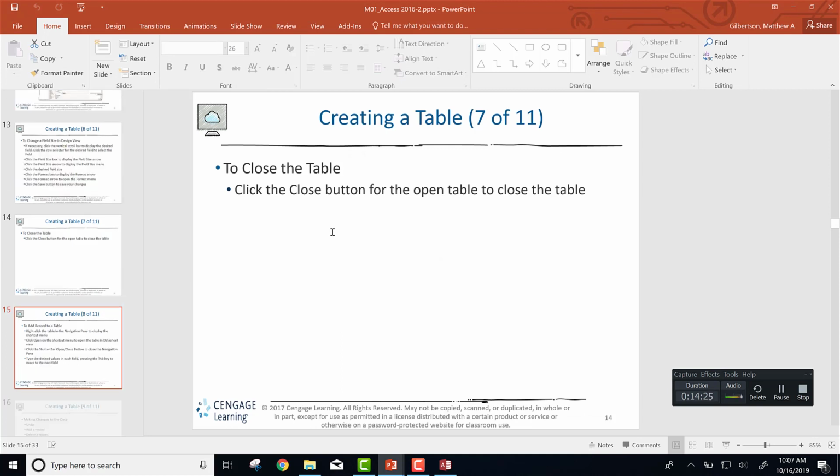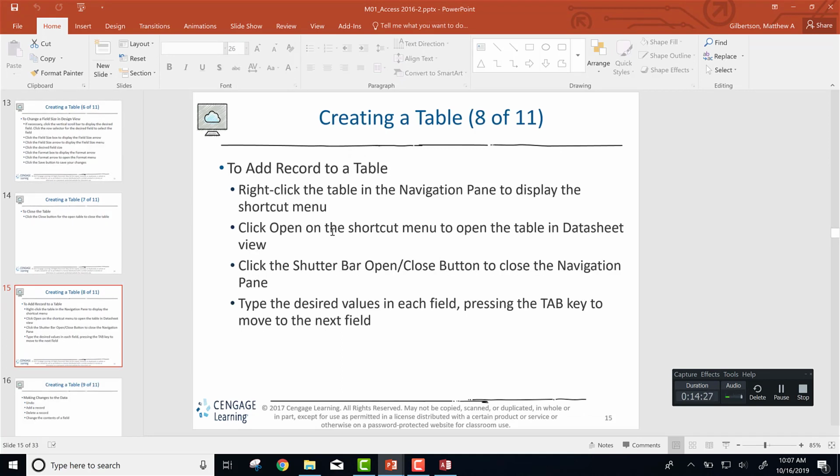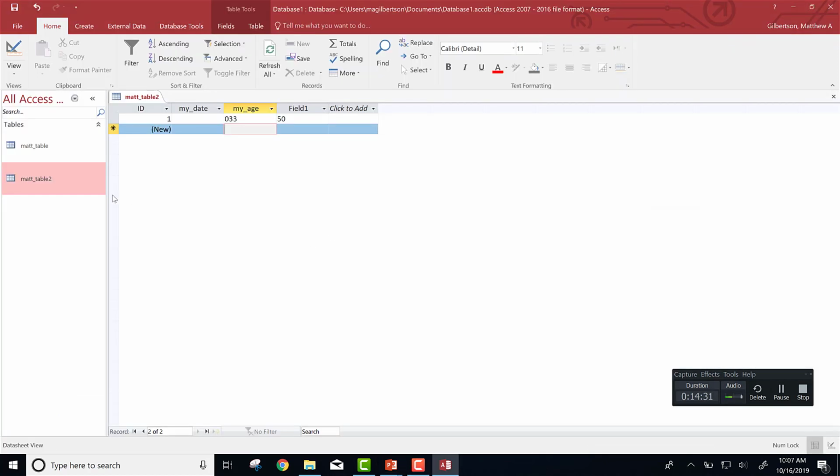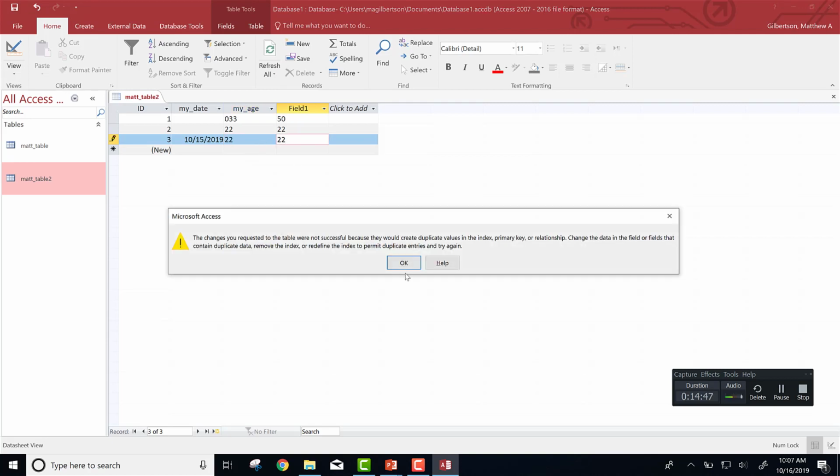We've already talked about closing the table. To add records to the table, I think this one's pretty obvious, but if I go over to my table, and I just start typing in the next row, as I continue to type, it's adding records into the database. Since this is a date field, I have to choose a date. Each time I go to a new row,